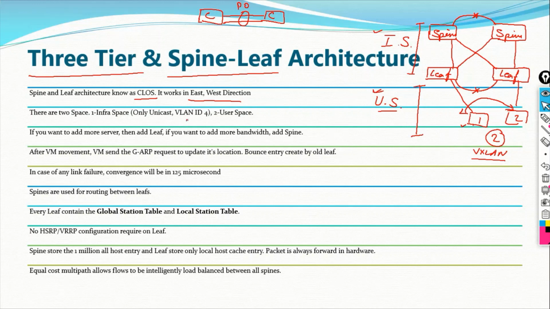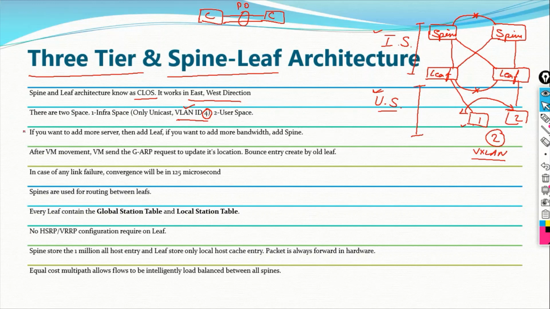By default we have one VLAN configured within this infra space. This is called VLAN 4. Now this VLAN 4 is going to change in the new version, so it's a new VLAN ID, right? We will discuss in the VLAN section what the new VLAN ID is, but in the previous version 3.x it is VLAN 4, while in 4.x this ID has been changed. Or even we have the option to change this VLAN ID. If we want to use another VLAN, then we can use it.